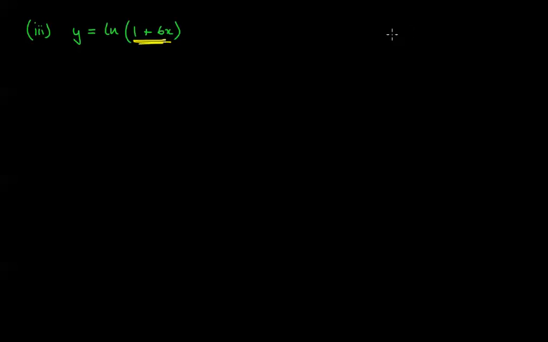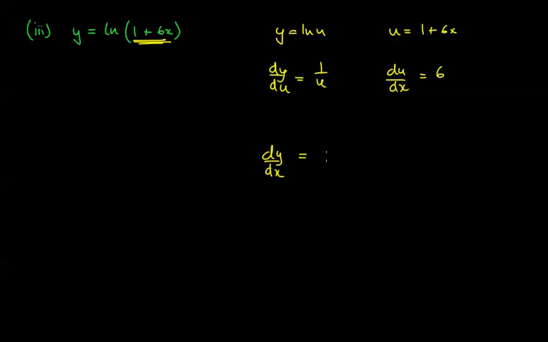So u equals 1 plus 6x, and then y would equal the natural log of u. dy by du would equal 1 over u. du by dx would equal just 6, and then we can multiply them to get dy by dx, which is